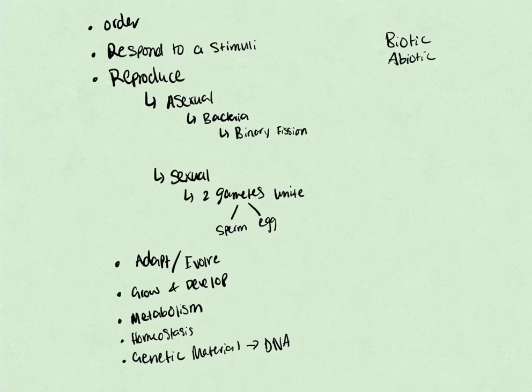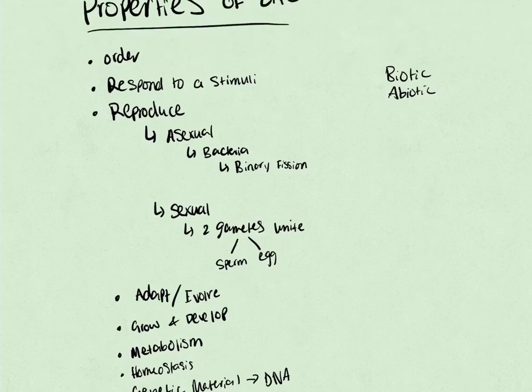An example of something that may be abiotic would be the water or the sun, and biotic factors may include humans or other animals or plants, because they are also living and they also possess these properties of life. If one or more of these components are missing, then, as I said, it is considered abiotic. Although these components may be important for life,